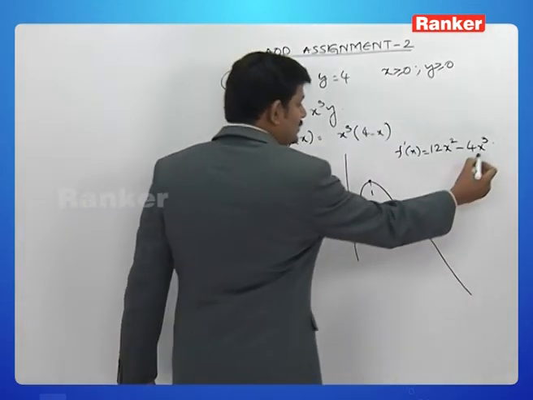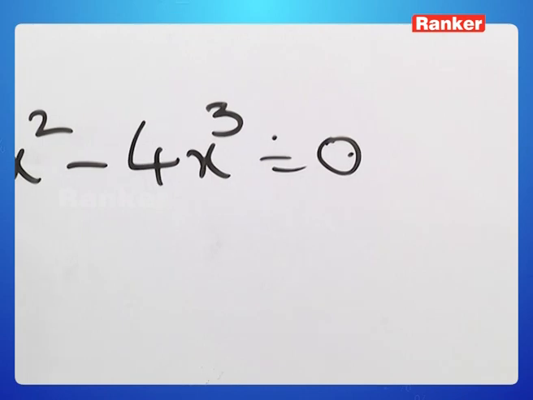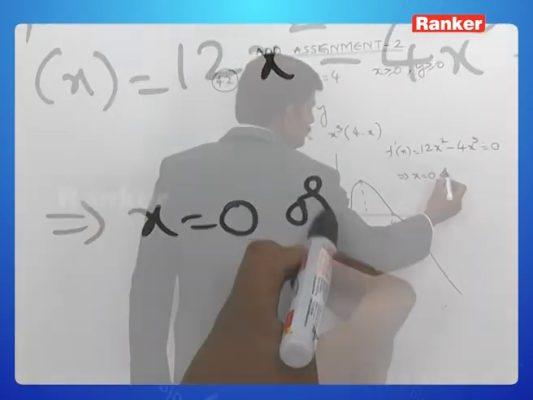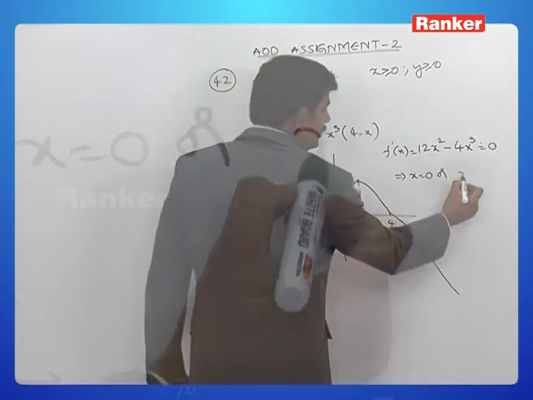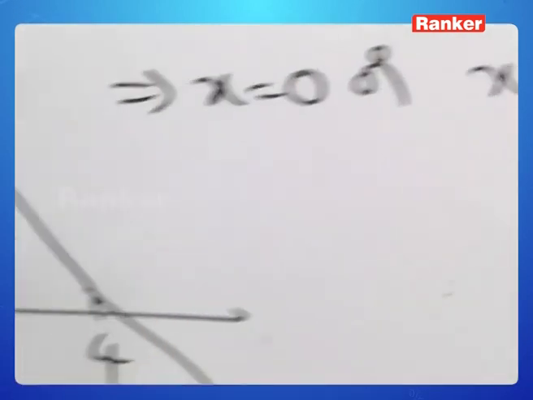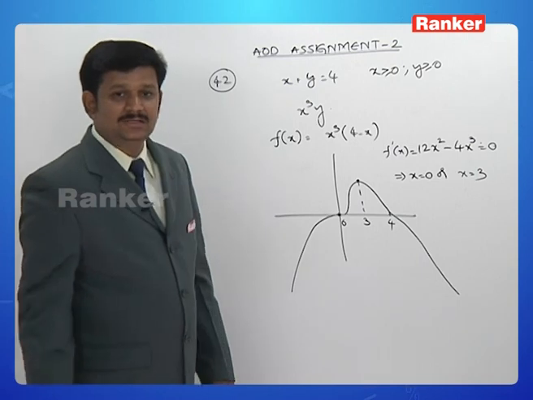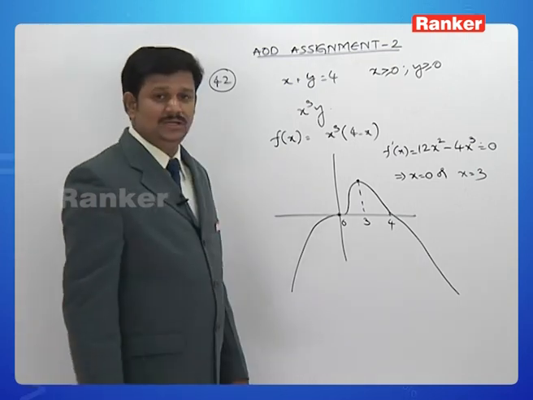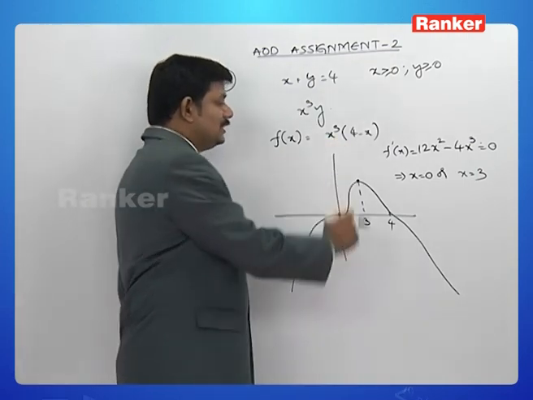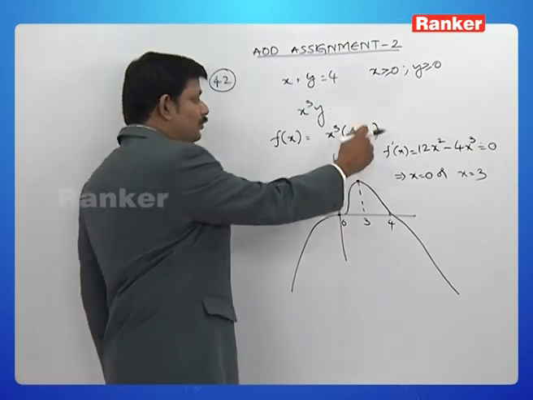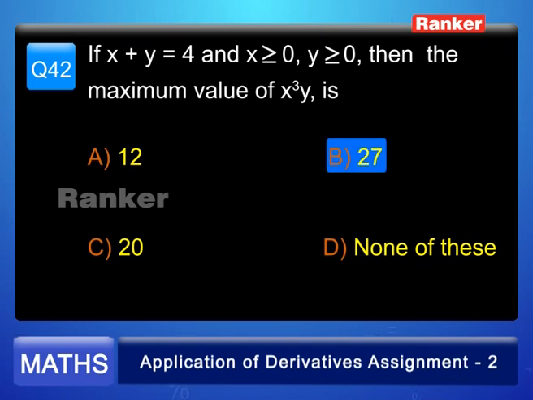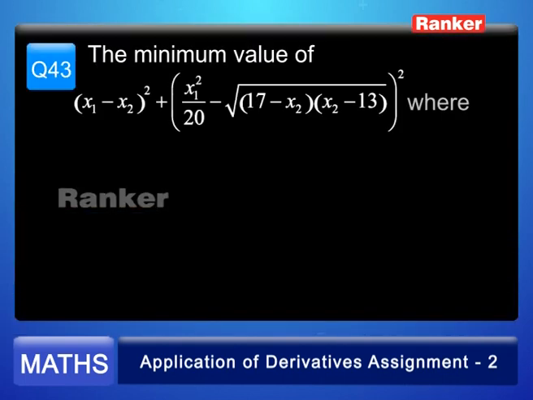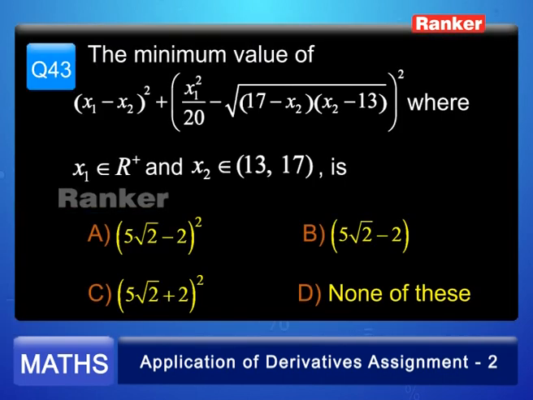So, f dash x is equal to 0 implies either x equal to 0, that is at the point of inflection, or x is equal to 3, that is at this point. So we have a maximum when x is equal to 3 and the maximum value is 27 into 4 minus 3, which is 27. So the answer is 27. Next question,